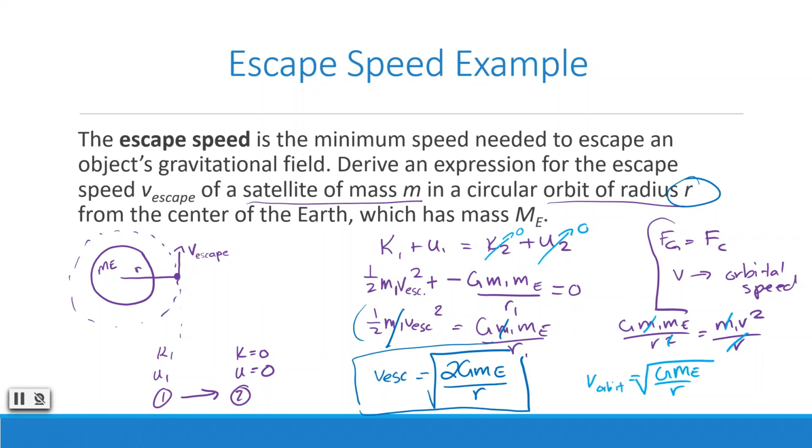So that's the speed that you have to go at whatever this radius is here in order to keep going in that perfect circular orbit. And notice, this is really cool, that those equations are very similar. So that v escape is the square root of 2 times v orbit. So that's really a cool result here. So you just have to go the square root of 2 times faster in order to reach that